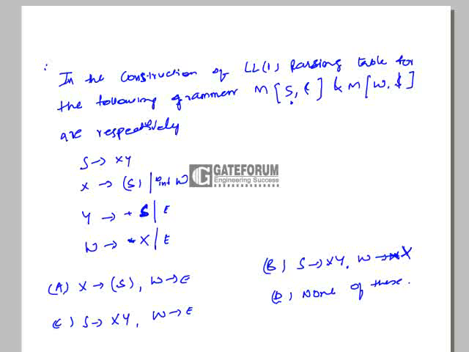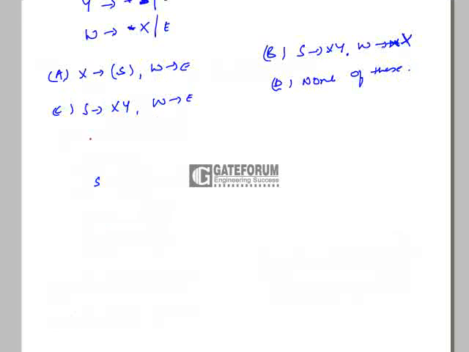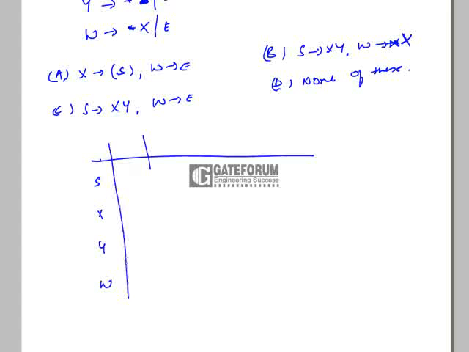Here the LL(1) parsing table is constructed like this. The rows are named as the non-terminals which are present in the grammar. Here the non-terminals are the starting symbol S, X, Y and W, and the columns are named as